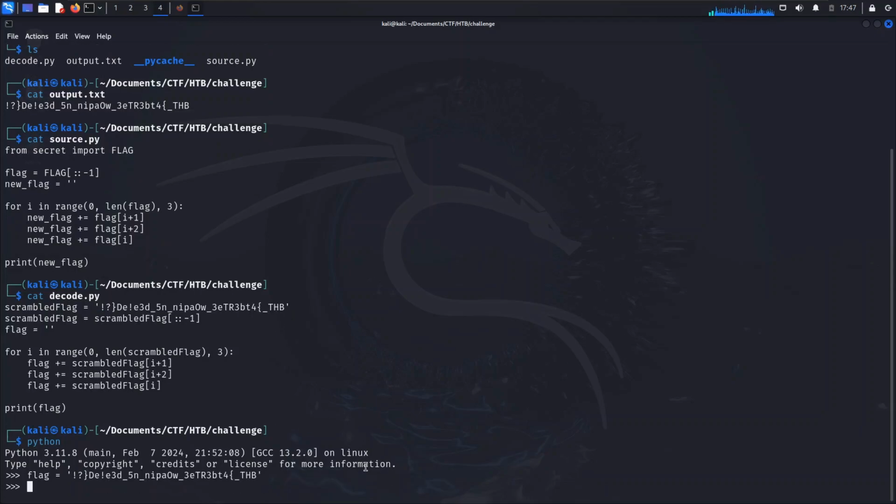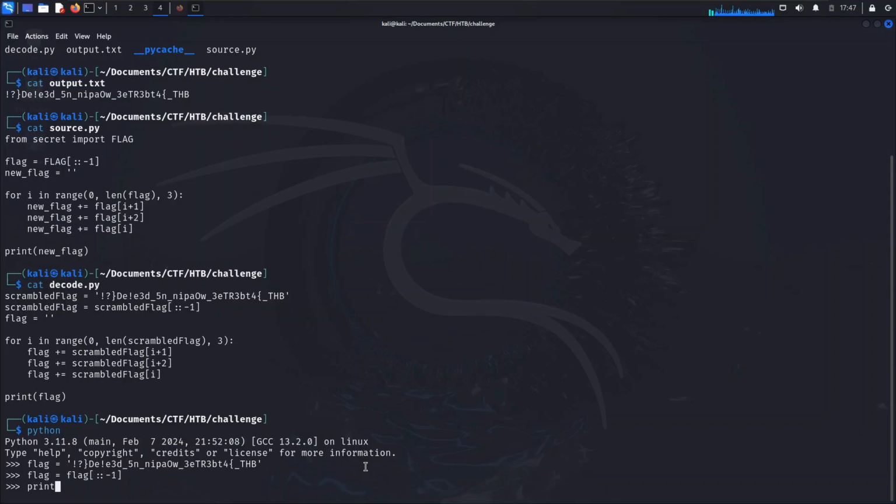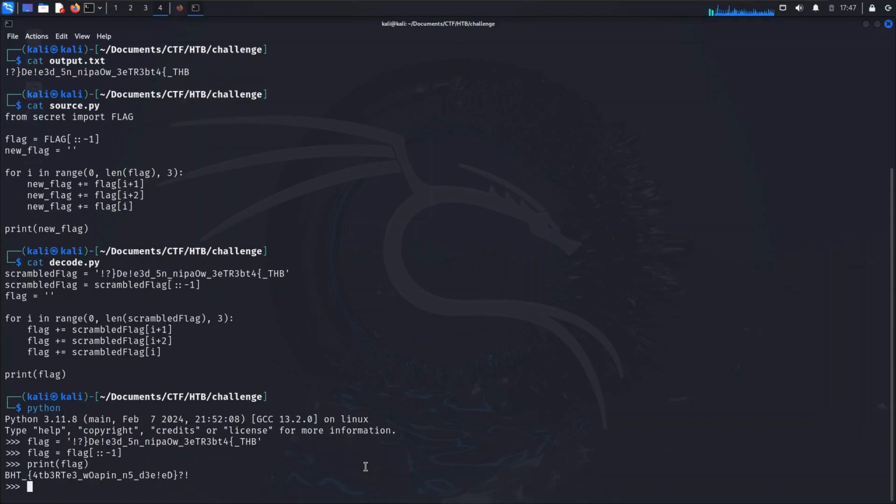So there's our flag. And whenever we reverse this using this index here, you can see that it's starting to take shape as to what you would expect the Hack the Box flag to look like already. Now, going back to that initial idea of we're basically taking the first of every 3